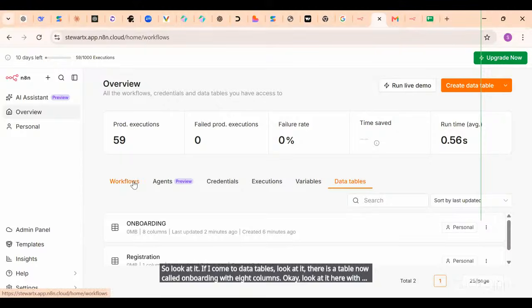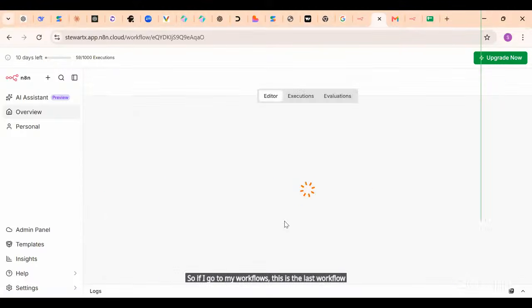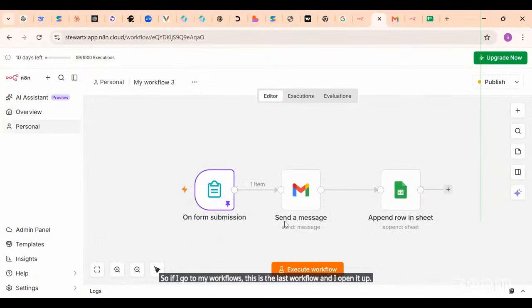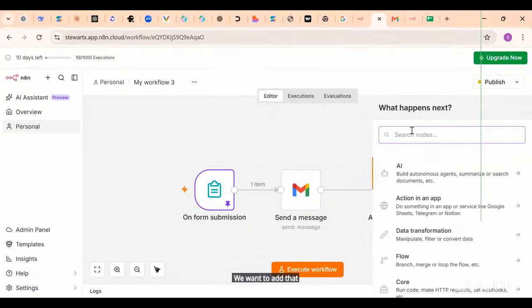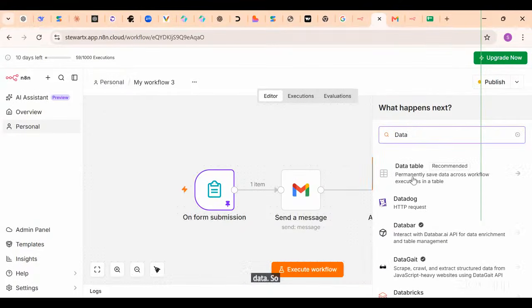If I go to my workflows, this is the last workflow, and I open it up. Look at what I want to do. I just want to explain something to you. If, for example, we want to add that data table, I come to this node and click on it, and I search for data. You can see data table here. So when I select this data table,